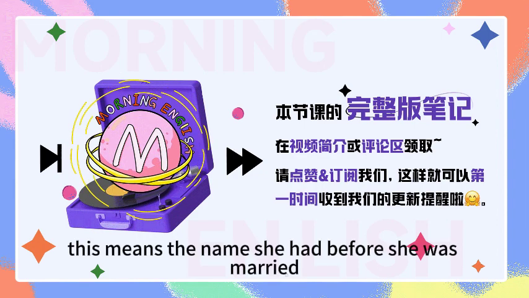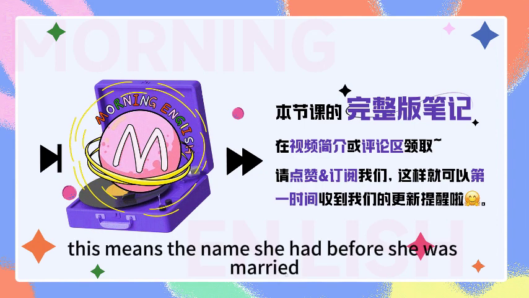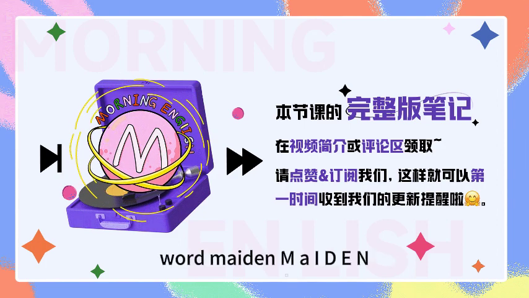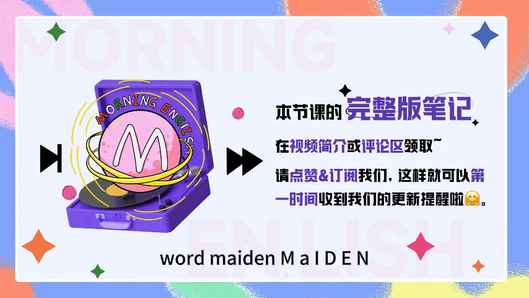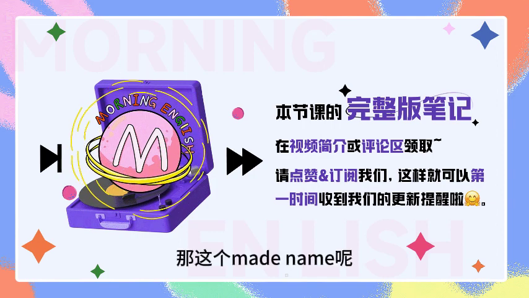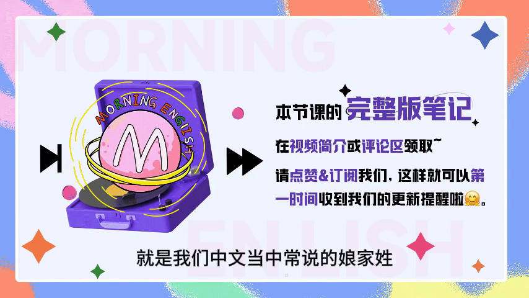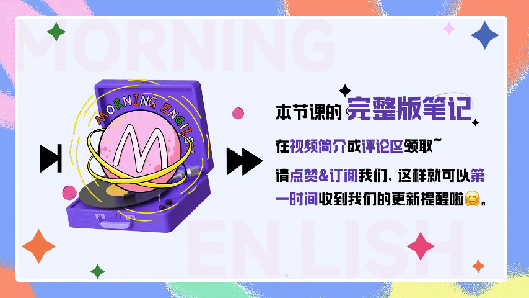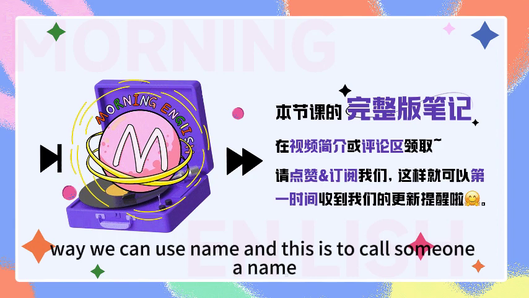This means the name she had before she was married. Maiden. How do you spell the word maiden? M-A-I-D-E-N. 那这个 maiden name 呢，就是我们中文当中常说的娘家姓。